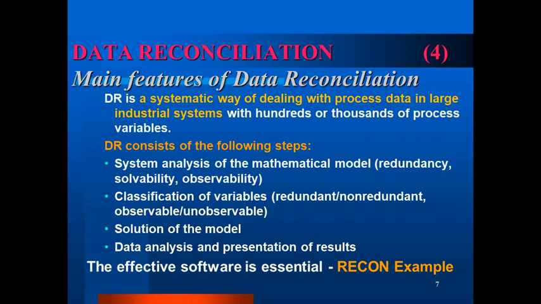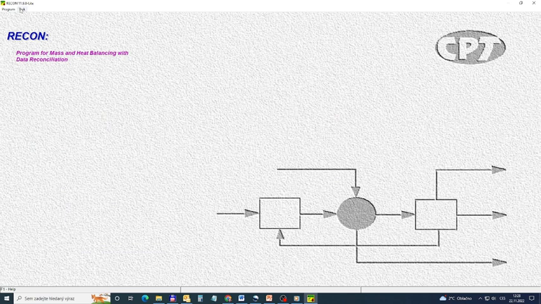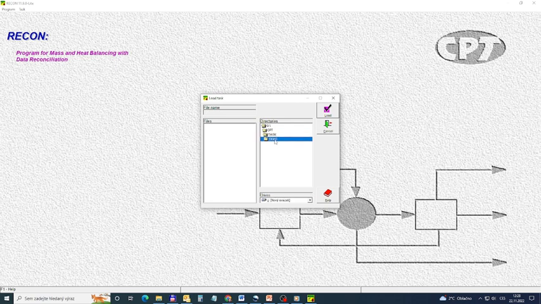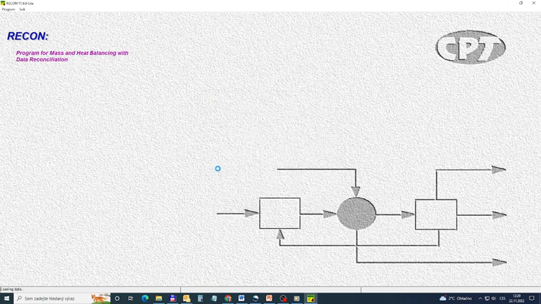Now we will show a simple Recon example. With the light version of Recon, more than 30 solved examples are provided. The name of a task starts with M for mass and component balance, E for energy balance, H for tasks with hydraulic models, and U for user-defined equations. We will select task MC2,